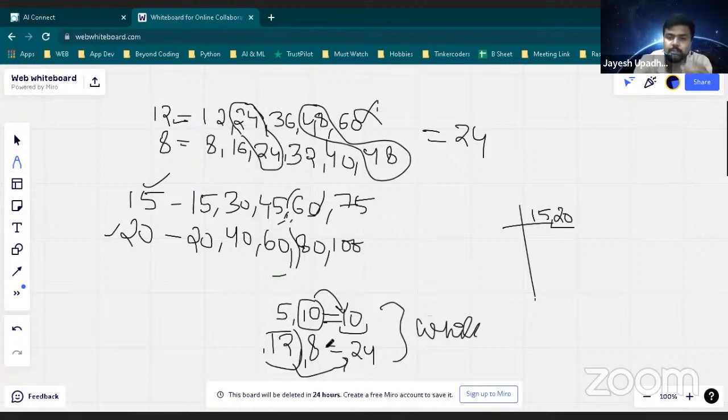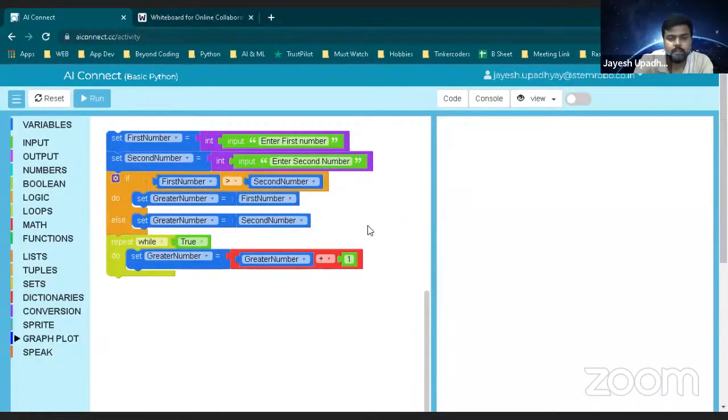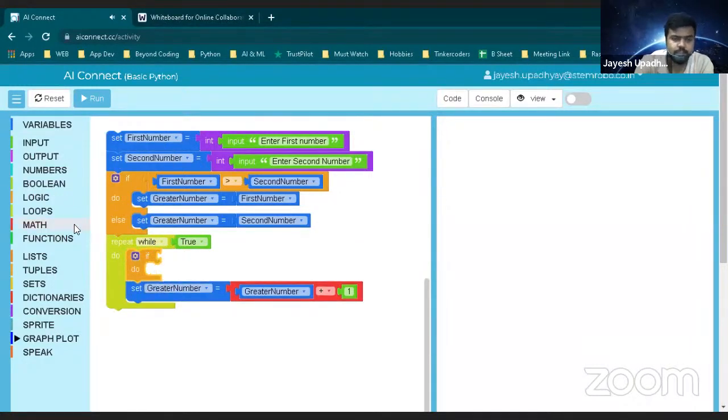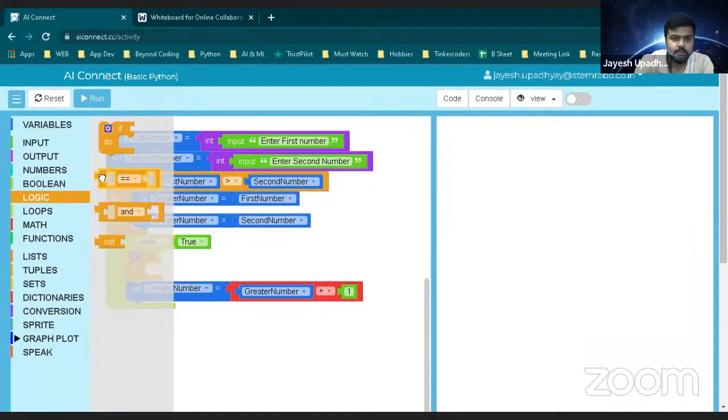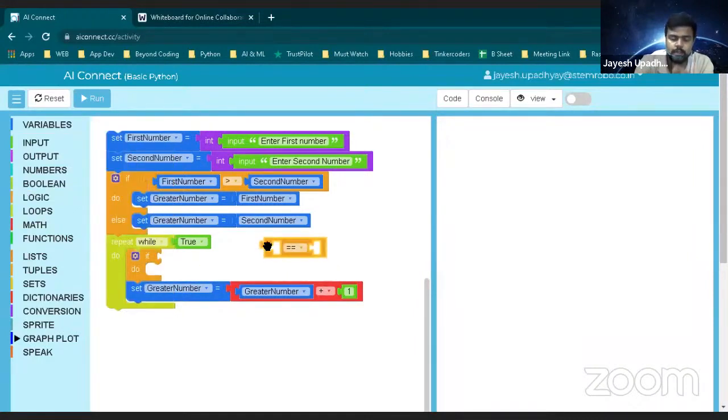We need to check the 13 which we are getting. Let's take the example of this one. 13, which we are getting, is it divisible by both or not? So let's just do that. That we have seen in the prime number also. I will just write the same logic over here. So that is an if condition. Oh, sorry, a condition for it. So what I will say is, if